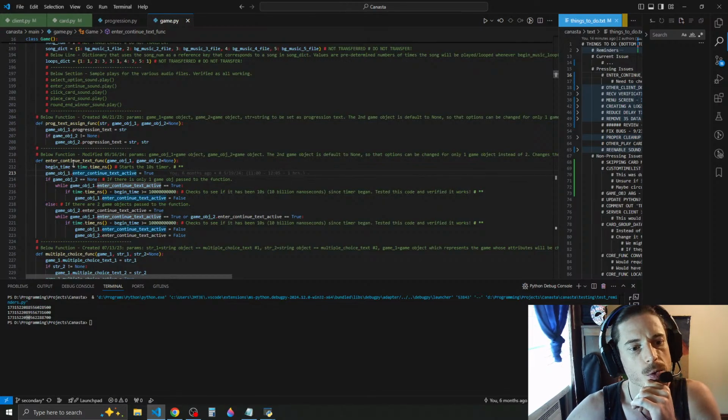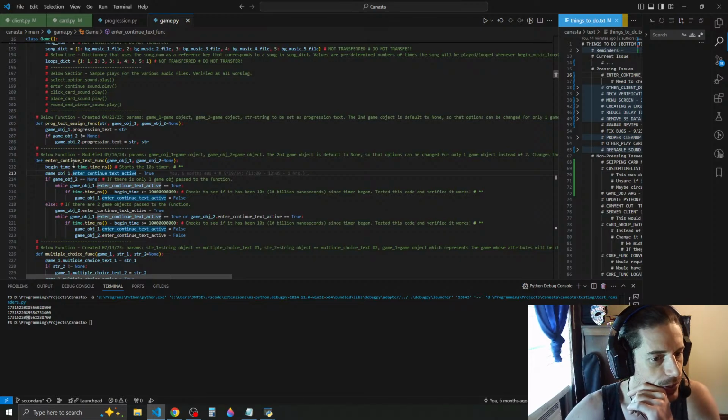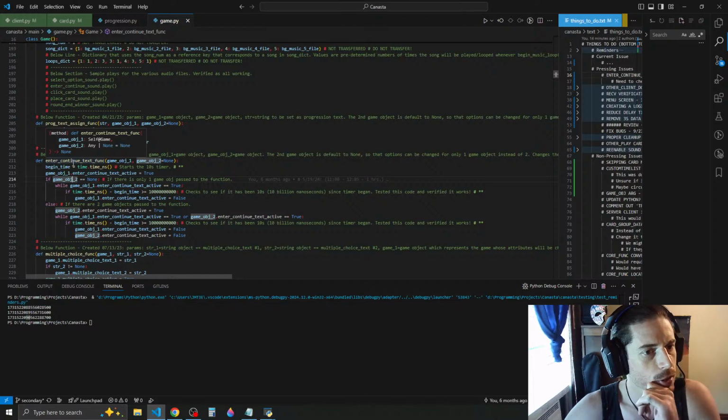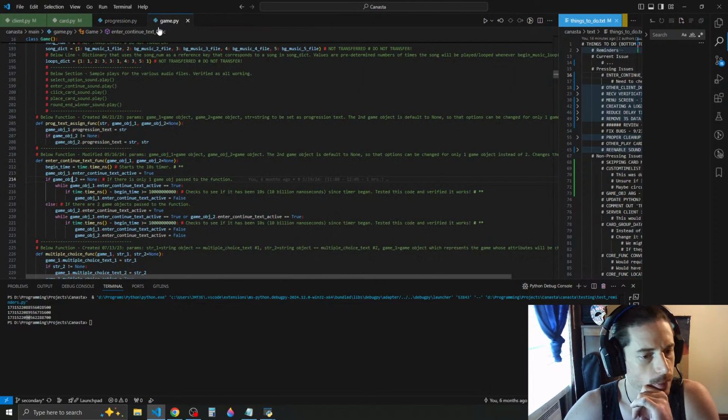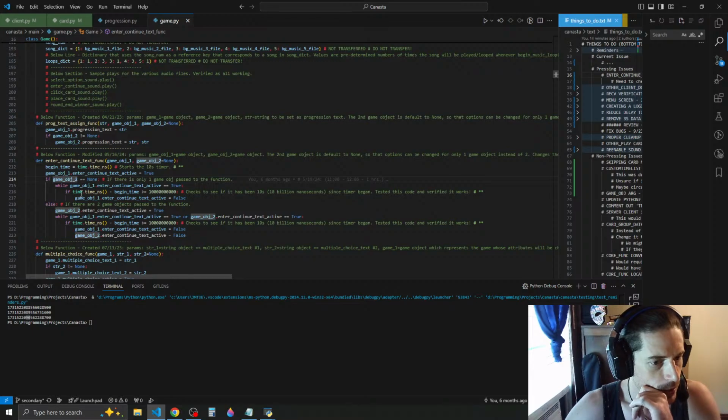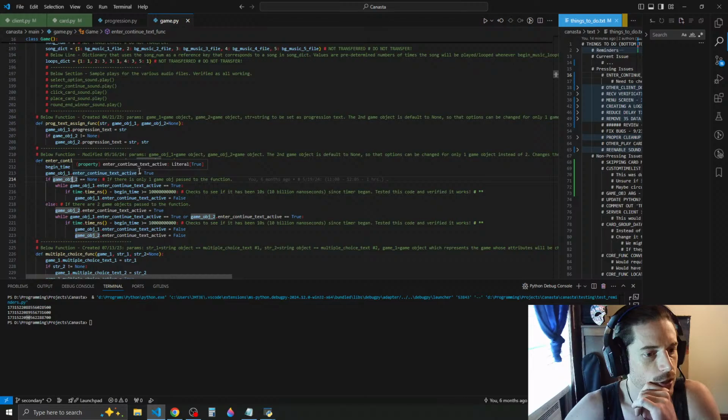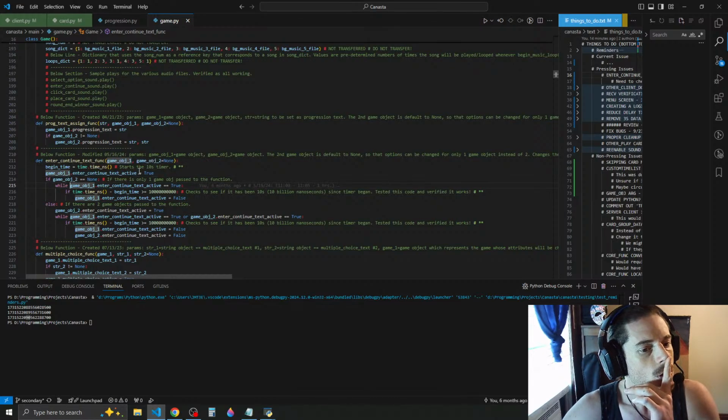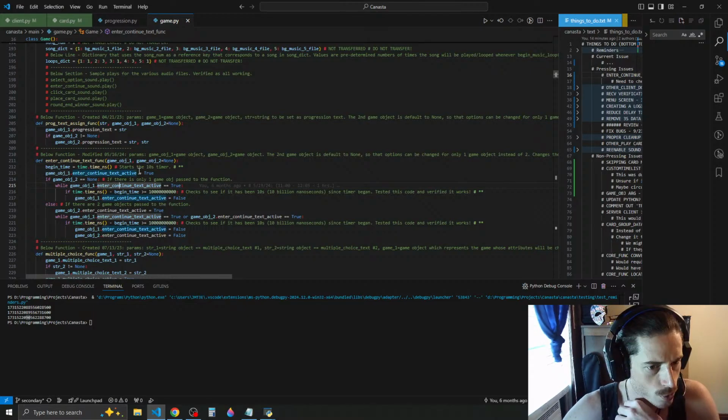Now that will trigger the while loop via the setter. And then if game object 2 is equal to none, which in this case it is, if there's only one game object, then while game object 1 enter continue text active is equal to true